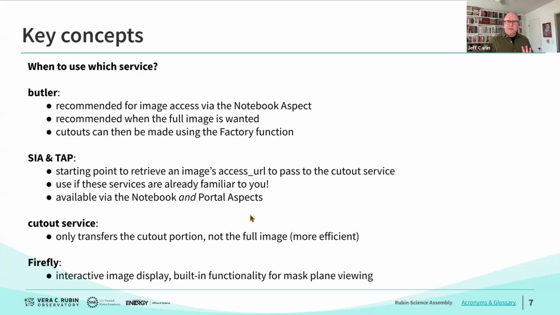That is the best way to access images from your notebook. If you want the full image, that also is the best way to do it, from the Butler. But you can also make cutouts either by retrieving the full image and making a cutout afterward,